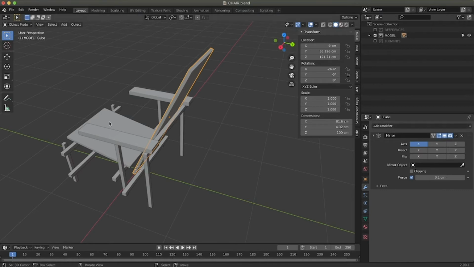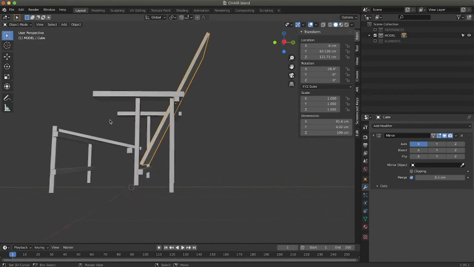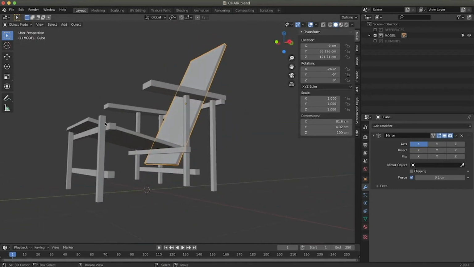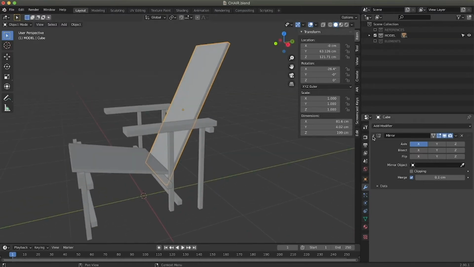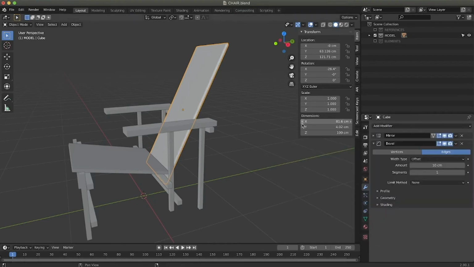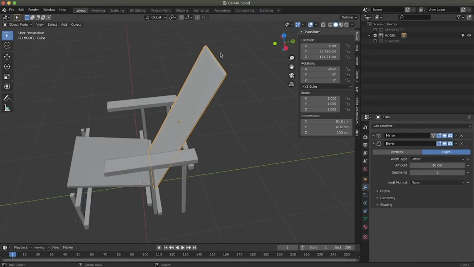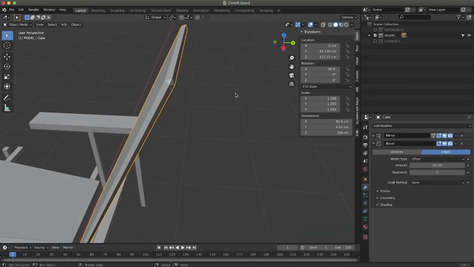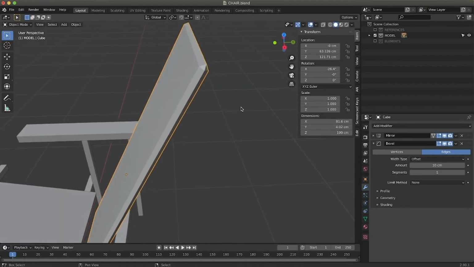If you can use a modifier, try to avoid adding geometry to your mesh. We have our central part, we hide the mirror, and we add a bevel modifier.